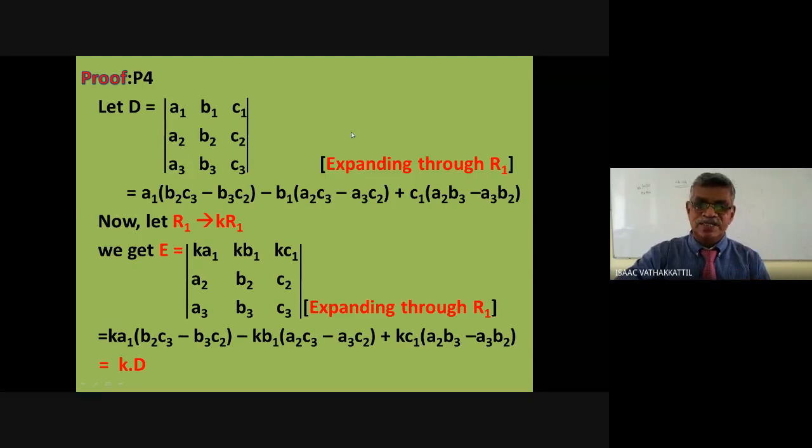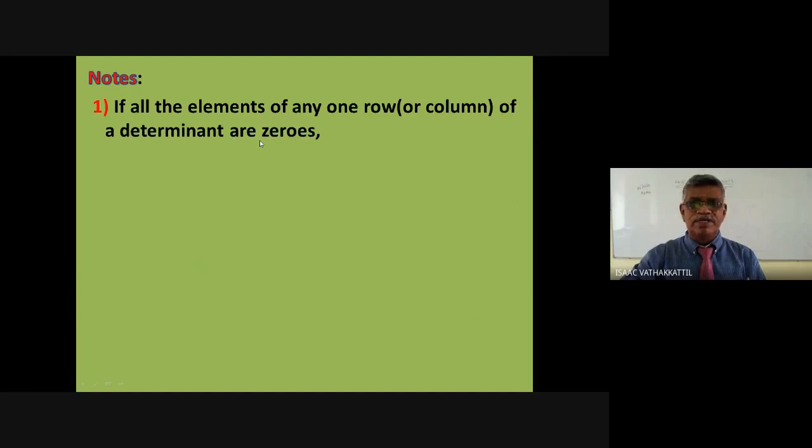That means if we take the determinant, you can see that it will be multiplied with 2 three times. That means 2 into 2 into 2. We will take up examples as a result. If all the elements of any one row or column of a determinant are zeros, then that is obvious, the value of the determinant is 0.